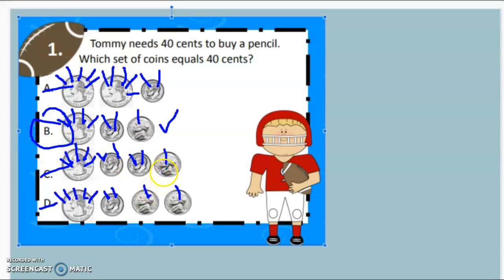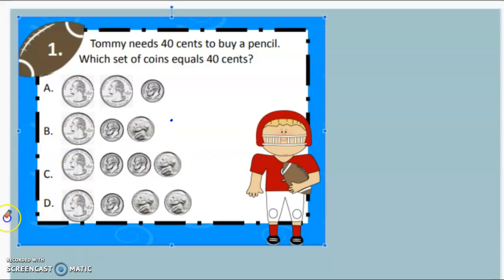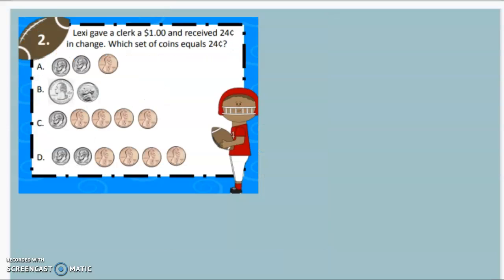So you're going to practice doing this on your next 2 slides. And I know that you might not be able to draw on your Chromebook. So if you have a quarter, I want you to use a whiteboard or a piece of paper. And you're going to model this. And let me show you really quickly what I want that to look like, okay? You don't have to show it to me, but this is going to help you make sure you get the